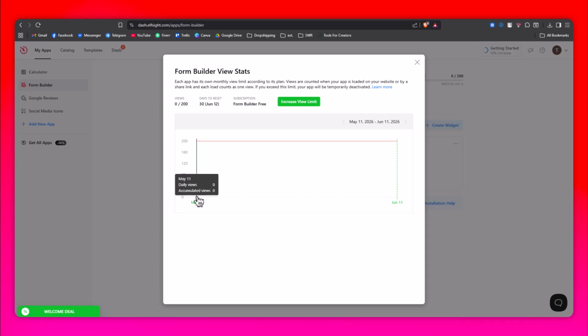These analytics are useful for monitoring how often visitors interact with your widget and checking whether you're close to reaching your monthly view limit. If needed, you can also use this data to decide whether you should upgrade your subscription